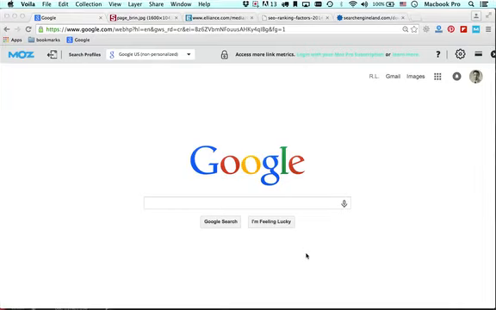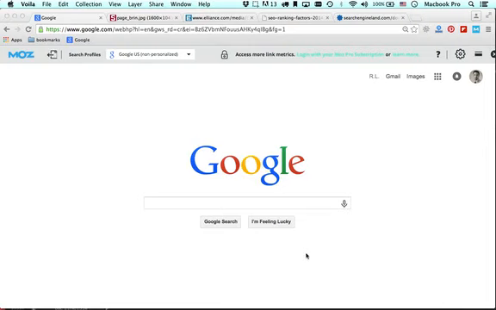What is search engine optimization? Search engine optimization, or SEO for short, is the methods, principles, and techniques that are used by people to organically rank their listing on Google's search engine results pages or any other search engine's results pages. We would call these SERPs, search engine results pages.